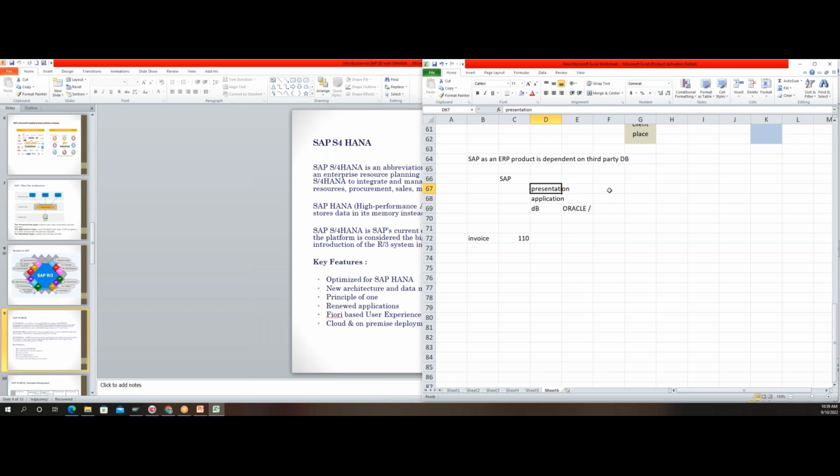And this process in real time has become a little tedious, and a few clients weren't happy with the way SAP was consuming time in retrieving the information or producing report outputs. So, in order to solve this complexity, SAP thought, why not we come up with our own database?